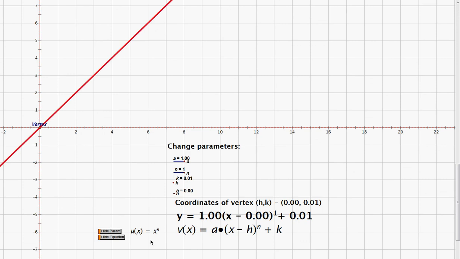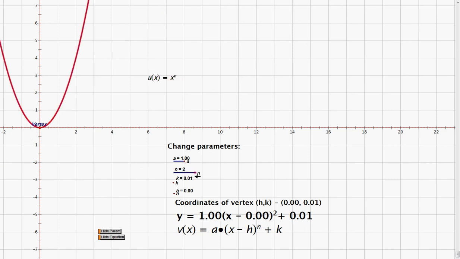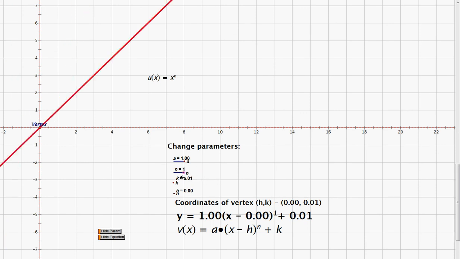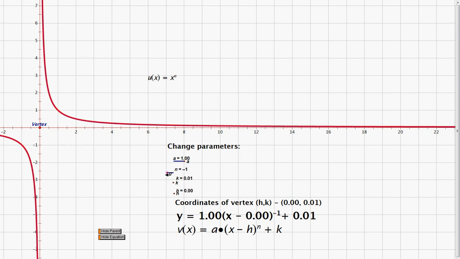The most interesting will be the very last one, the power function, that has a parent y equal x to the nth power. N is a parameter that you can change here, and we pretty much were talking with you about quadratic function, cubic function, fourth degree function, but we never discussed yet what happens if n becomes negative. So if you have n equal to -1, you have an inverse power, inverse variation, and